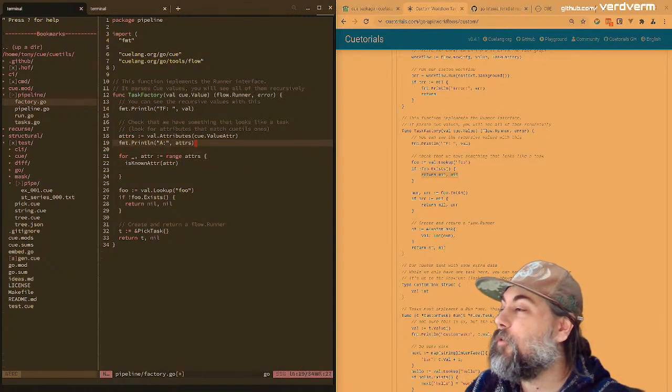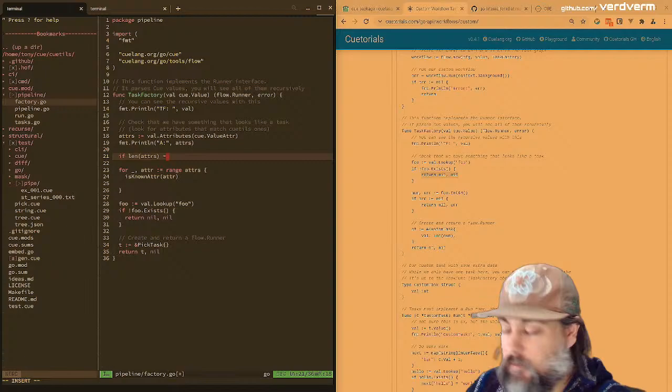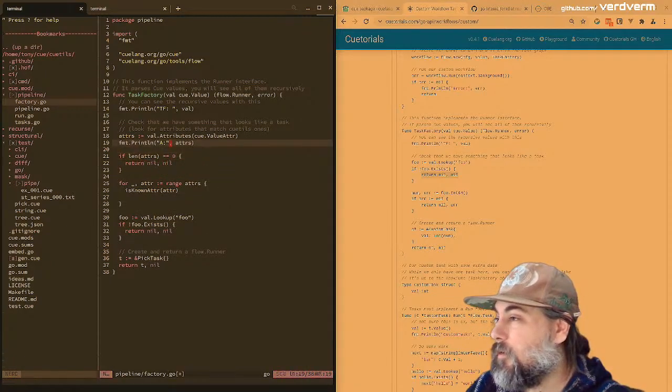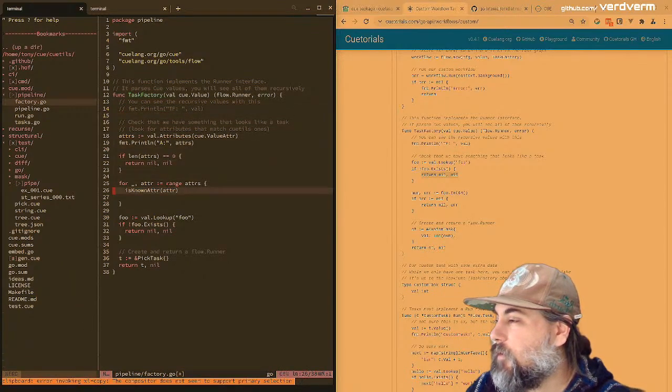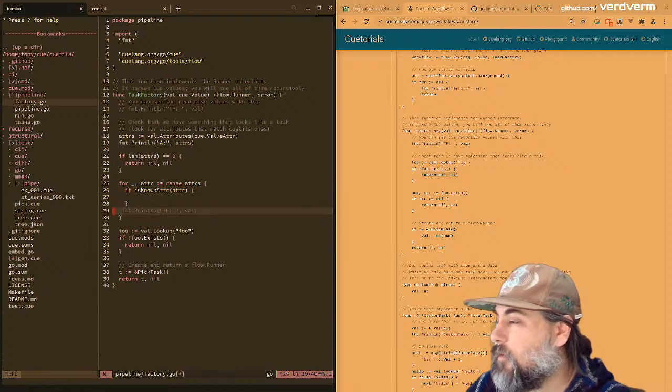I suppose if length of adders is 0, we can just return nil, nil. I think we do want to have this. And then if a known adder, we essentially want to